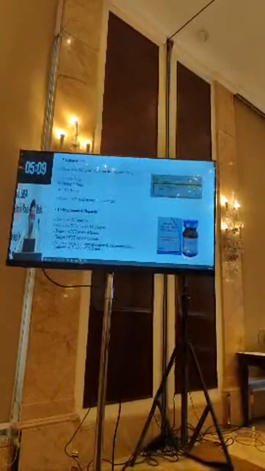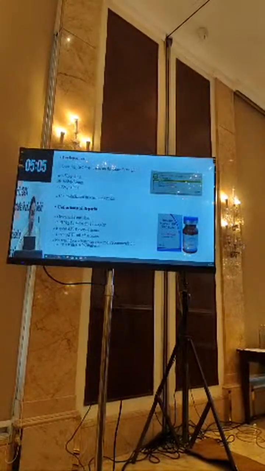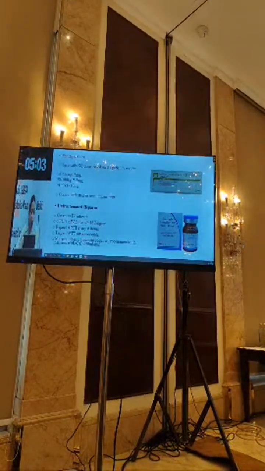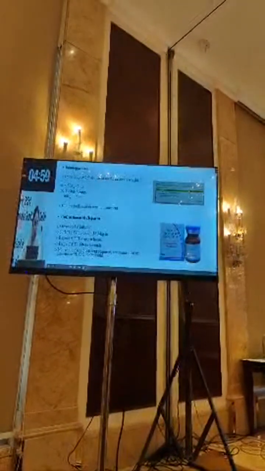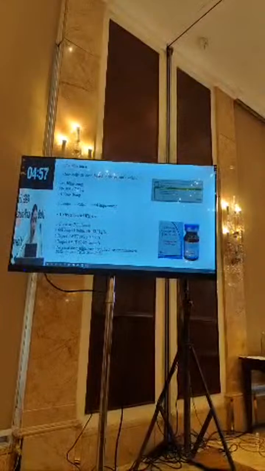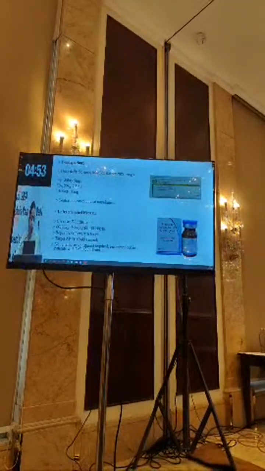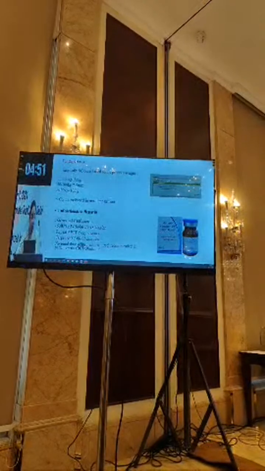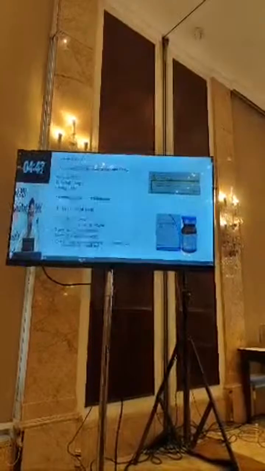Unfractionated heparin is given as an IV infusion. 60 international units per kg is given as an IV bolus, followed by 18 international units per kg per hour. Repeated APTT monitoring is required every 6 hours. The target APTT is 60 to 85 seconds. The advantage of this is that no renal dose adjustment is required. Oral anticoagulants,